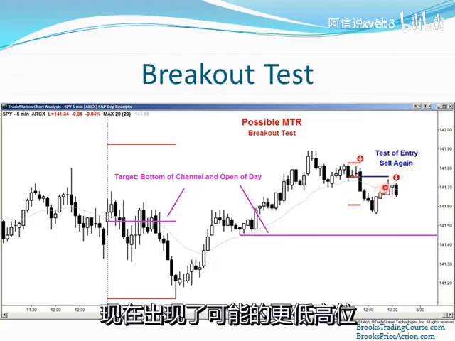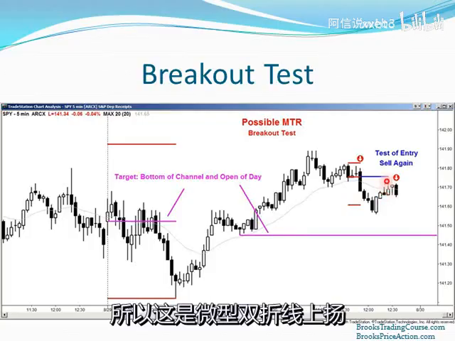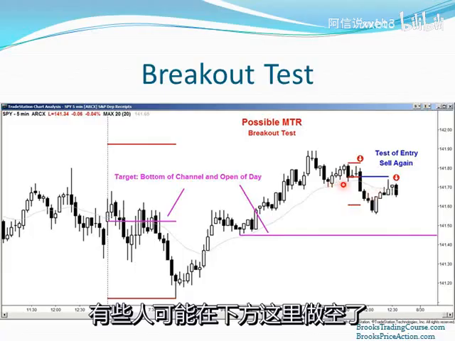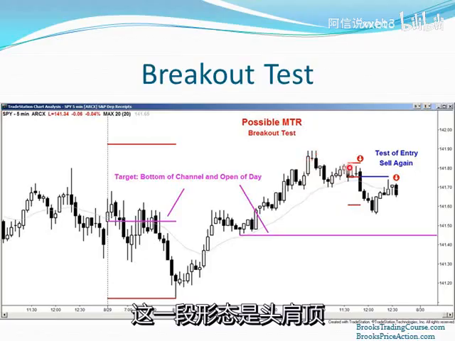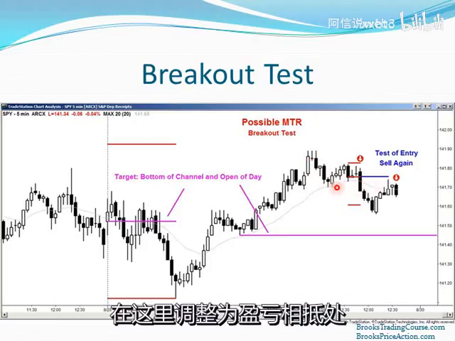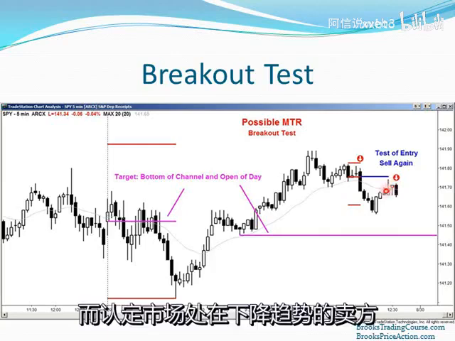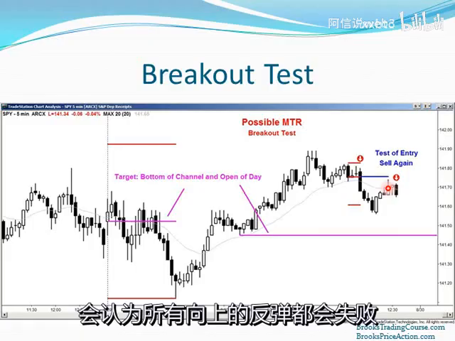But right now we're starting to form a potential lower high. We have 2 pushes up. We have a couple bull bars and then a bear bar and then another bull bar. So that's a small 2-legged rally. Some traders may have shorted on a stop below this neckline of a potential small head and shoulders top. We have the bear breakout. Those traders certainly would not put their stops to break even, and if they did, their stops would have been hit by this rally. Bears who are assuming that the market's in a bear trend, a bear channel, they're assuming